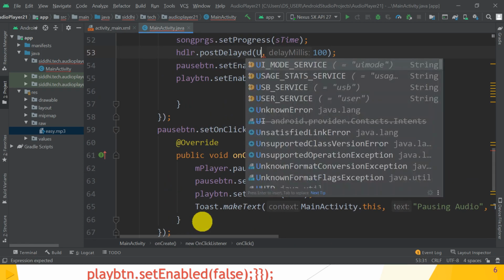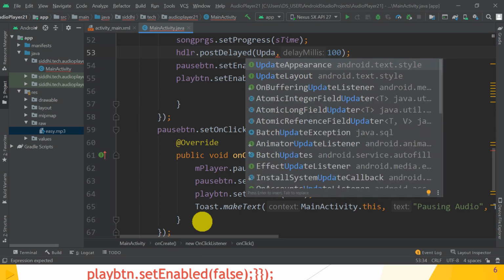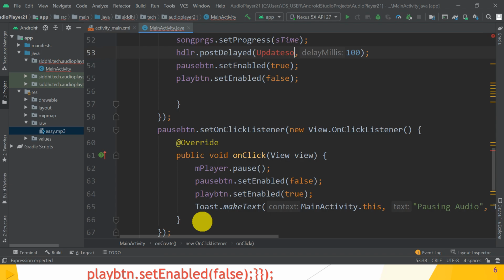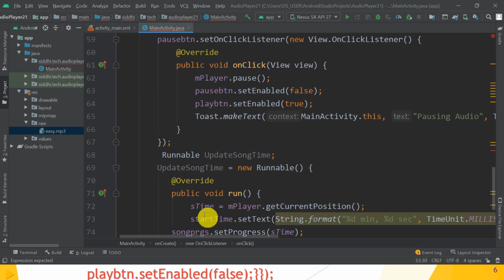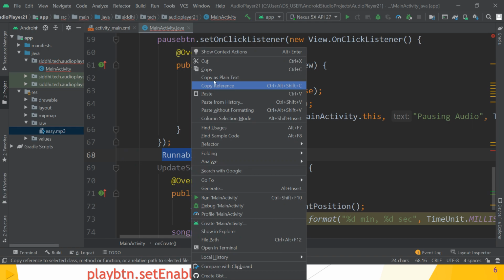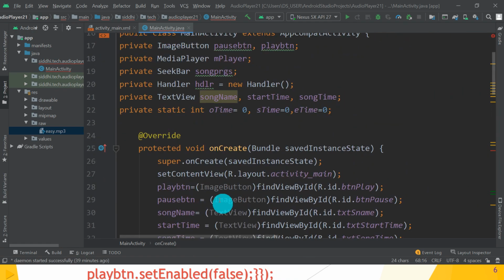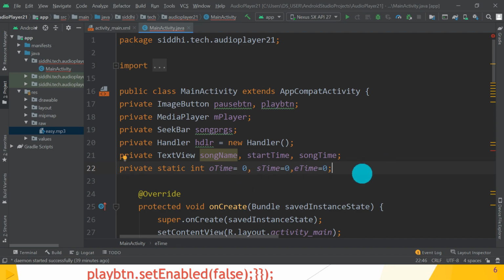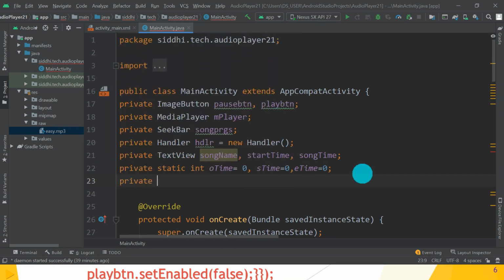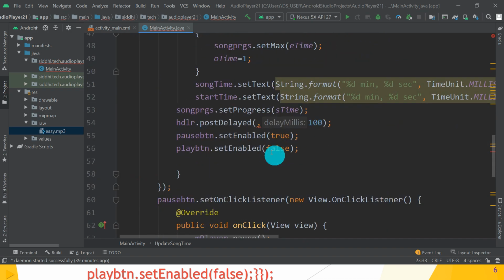Runnable. Great. So if you are not writing it right here, what we have to do is copy it, then private song time update.